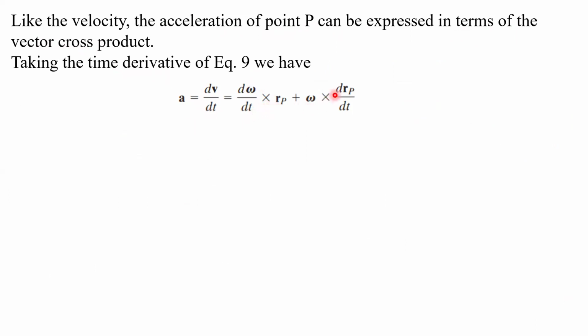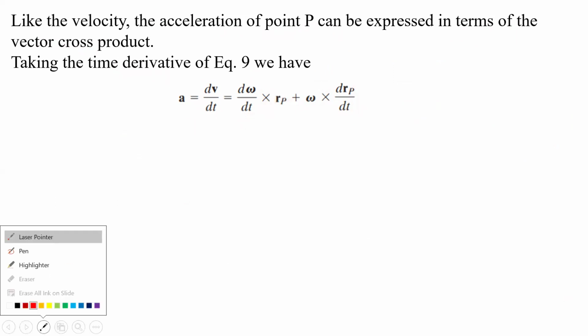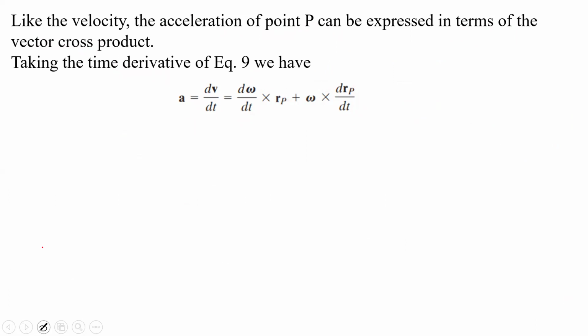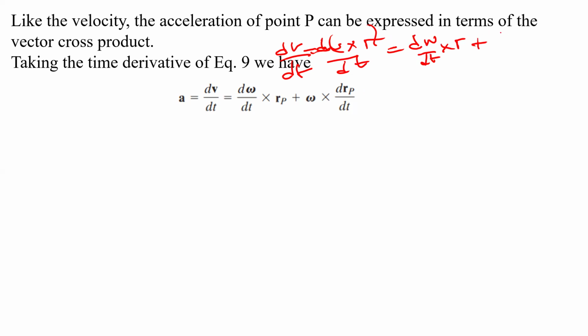So we have v equal to omega cross Rp, and we now take d/dt of this. Because this is a product, you first of all say d omega/dt cross Rp plus